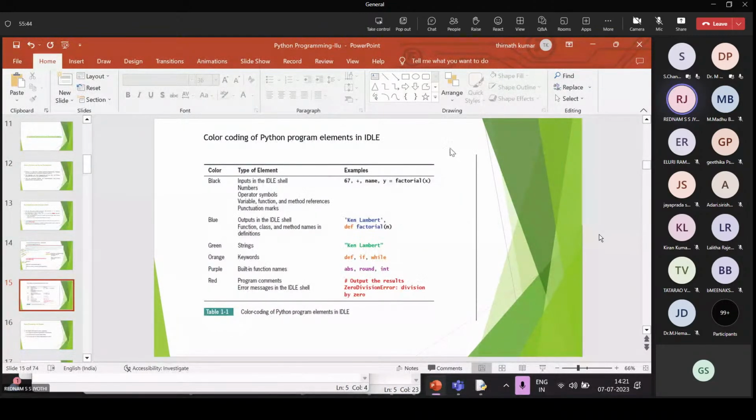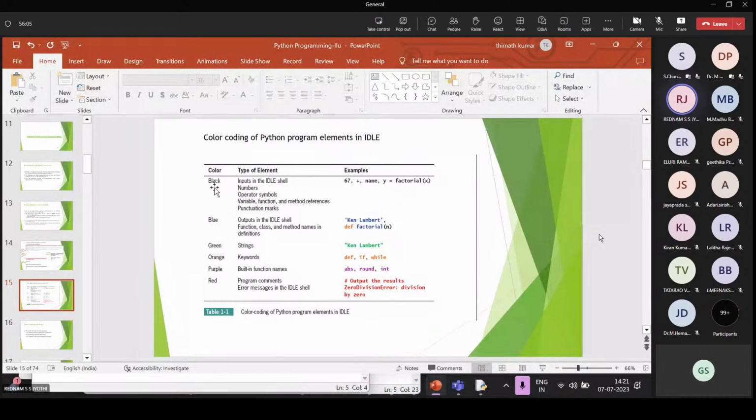Now, color coding of Python programming elements in IDLE, the integrated development environment. We write all Python programs in IDLE, and in it there are different colors. Which color represents which type of element is listed in this box.